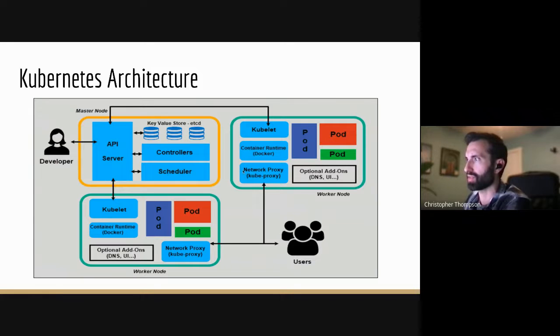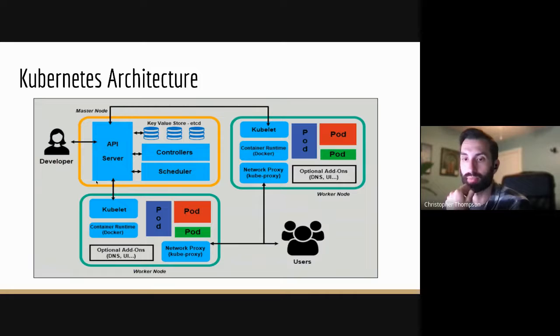So this section right here, we'll call it the main node. I know master has started to be phased out. So on this main node here, we have something that's called the Kubernetes control plane. Okay, and this is where all of the things that make Kubernetes happen live. Okay, so we'll start here with this API server, right? And the API server is just what it sounds like. It's an API that basically is used to create